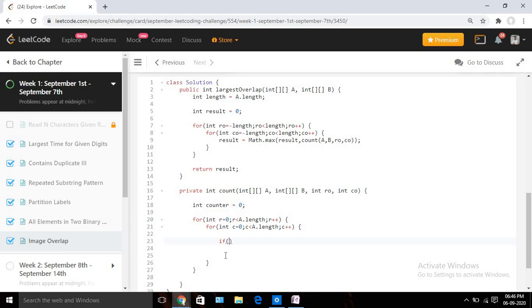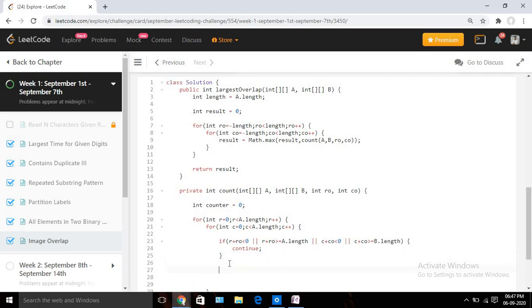I will check if r plus RO, the row offset we are passing, is less than 0, or r plus RO is greater than or equal to A.length, or the same for the column: c plus CO, the column offset, is less than 0, or c plus CO is greater than or equal to A.length or B.length, whatever. Then we are going to skip that position, so we will do continue.